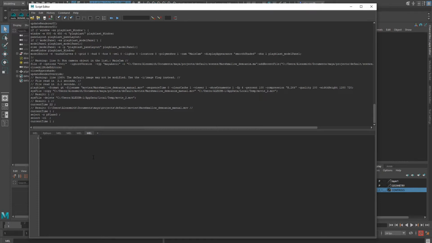So it's pretty simple. If window exists, playblast_window. That'll be the name of our window. And window width 800, height, just say 450. Text, and we're gonna want it to have a title just for the heck of it. Call it Playblast, and then under the tag, playblast_window,